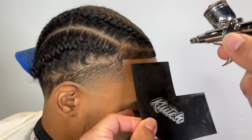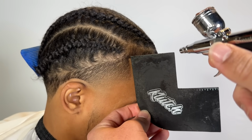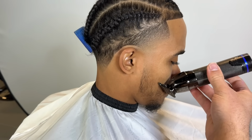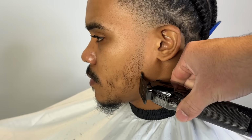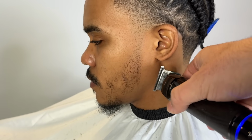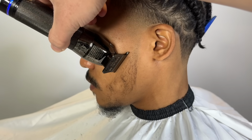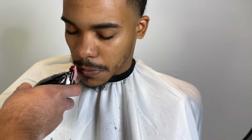And this is called enhancements. It's pretty much paint that's specifically designed for hair and for skin. What it does, it stains your skin and it's safe to use. It's for haircuts. It's to fill in light spots, make haircuts look sharper than what they are. It's in the word. To enhance something means to make it better, to make it look even better. So you're not necessarily covering up mistakes, but